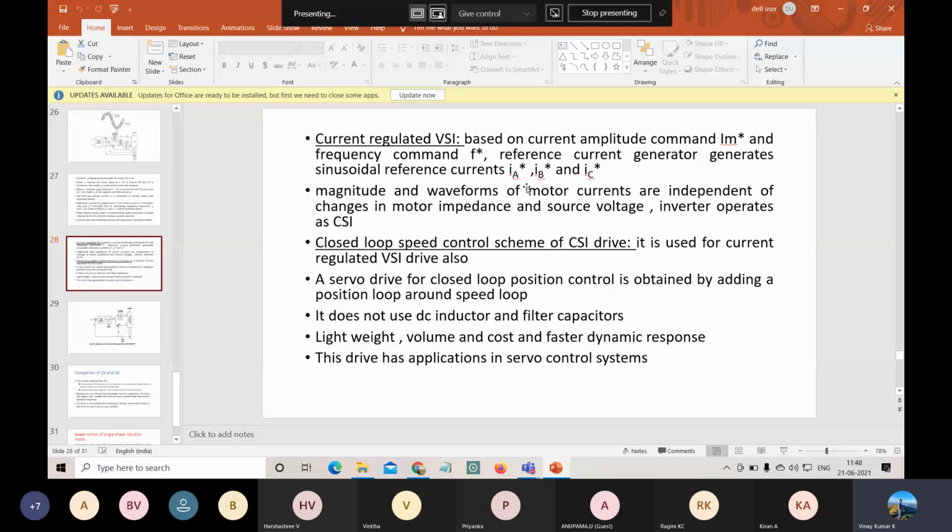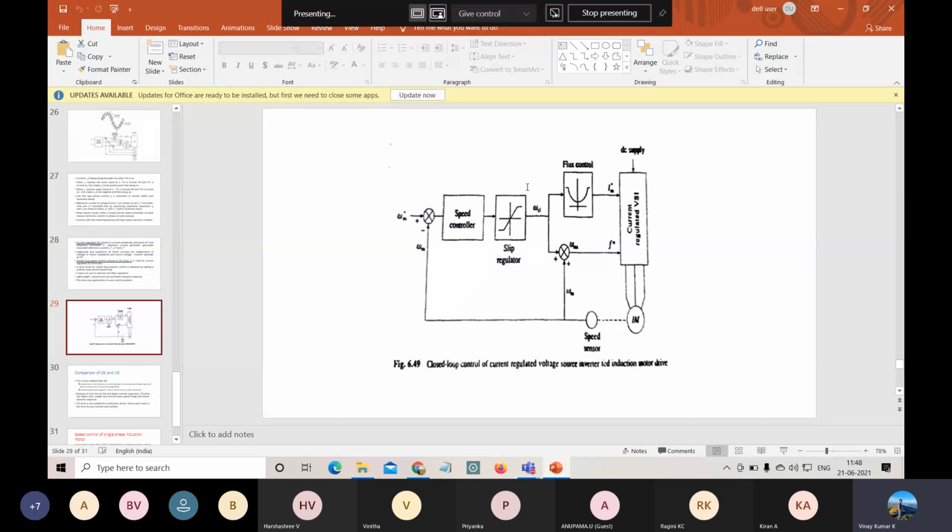Okay. So here the current regulator does not include any inductors or filter circuits. Similarly, if you consider VSI drives or any AC drives, there we have inductors, a huge amount of leakage inductors, and capacitor circuits. But here these structures are not required. That is, inductor circuits and capacitor circuits are not required in this loop module. Okay. And here it has a lower weight, because of not having the inductor circuits and the capacitor circuits.